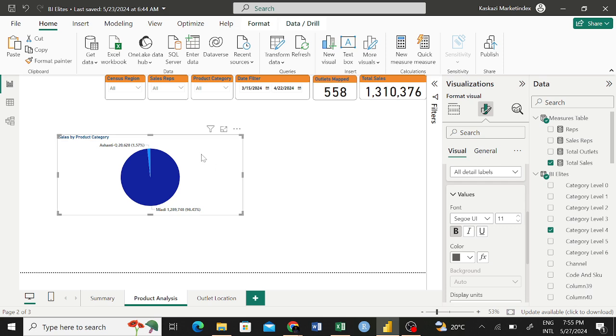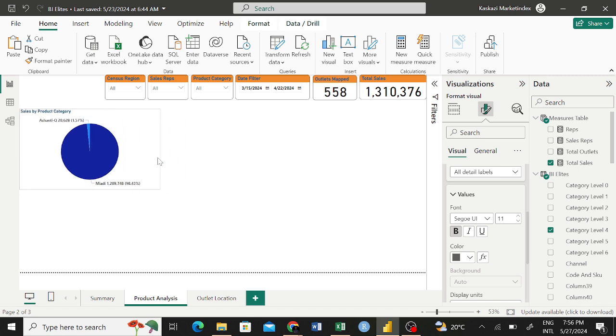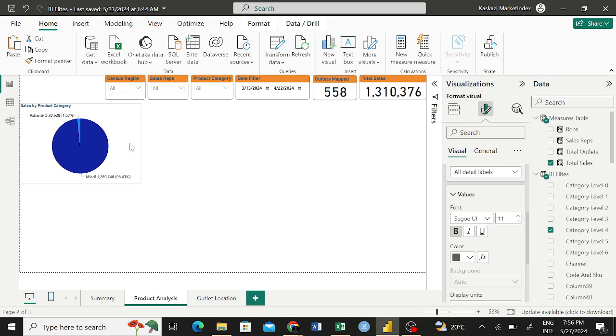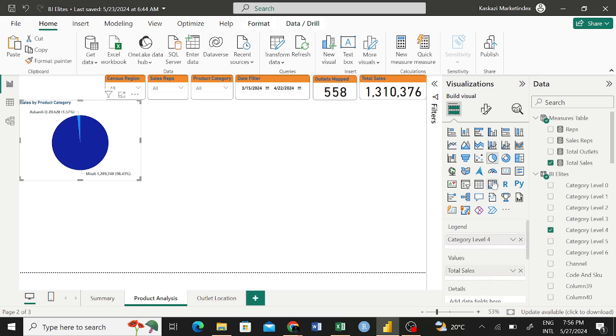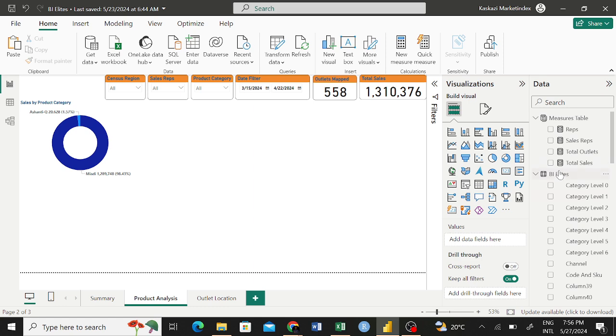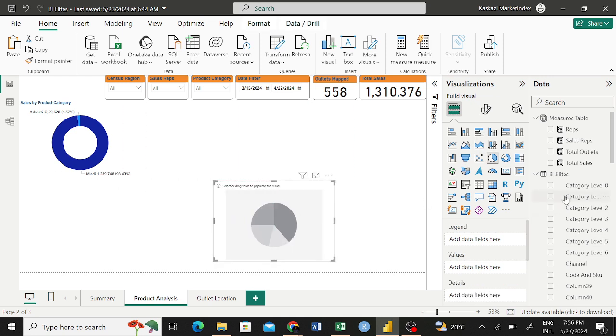So once this is done, now you can start arranging it again on your page. Maybe you want it to be placed there. Once this is done, so that is product analysis. You can go back and now, even this you can change it. For sales you usually use a pie chart and the likes. So maybe I want to have another one like this pie chart here, but now have